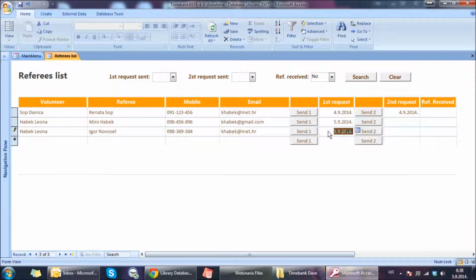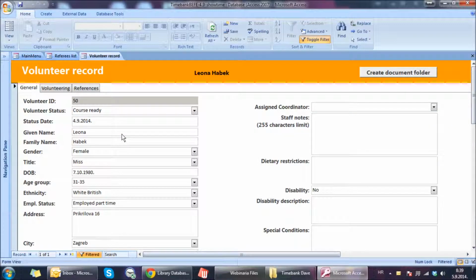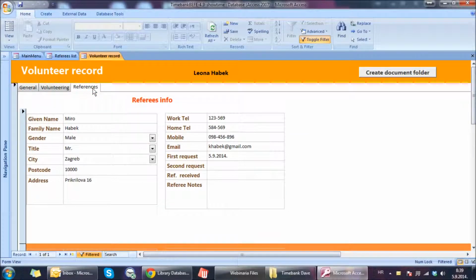But this automatic date insertion will surely make your life easier and everything will be speeded up. Nothing much else to say here. All the dates that will be inserted here are visible in the volunteers record form. As with any other list, if you double click inside the row, you will find yourself in a volunteers card. So if we go here to this volunteers card,